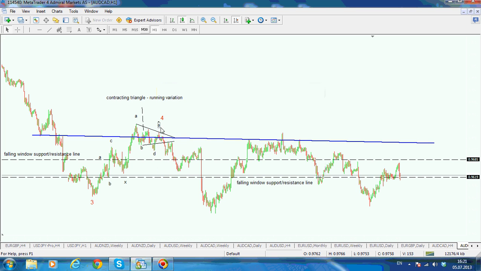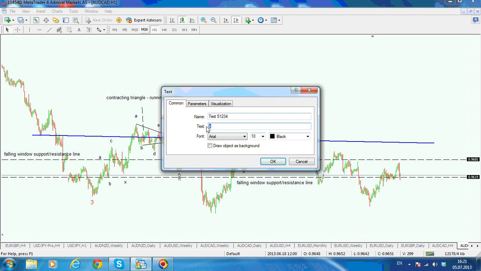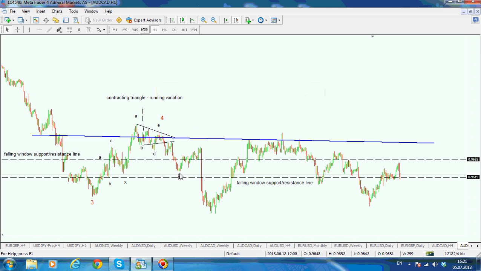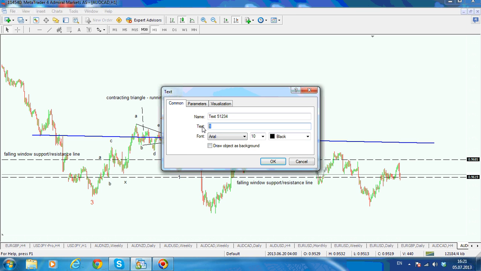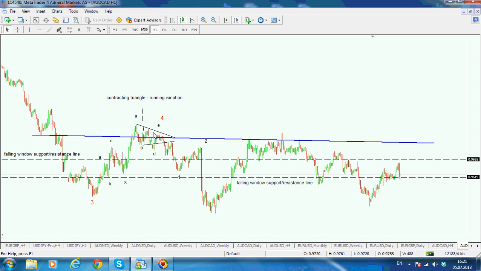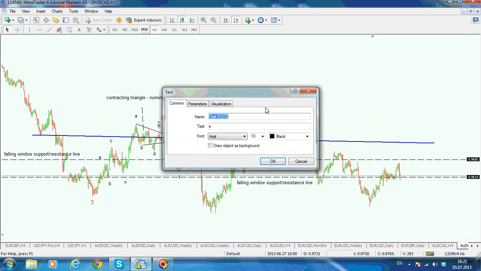the beginning of a new move to the downside, and this would be basically wave 1, so the first wave to the downside, a second wave here in the form of a rising wedge. We all know that rising wedges are falling, so this is the wedge, and this one indeed has fallen to the third wave here,